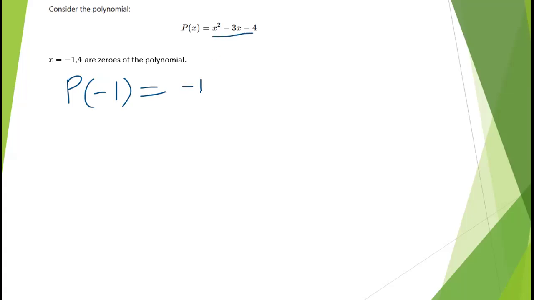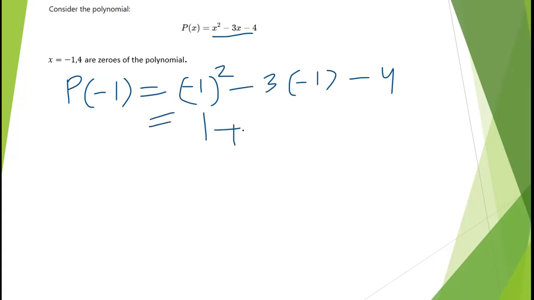So we will get minus 1 whole square minus 3 into minus 1 minus 4. So this will give us 1 plus 3 minus 4,